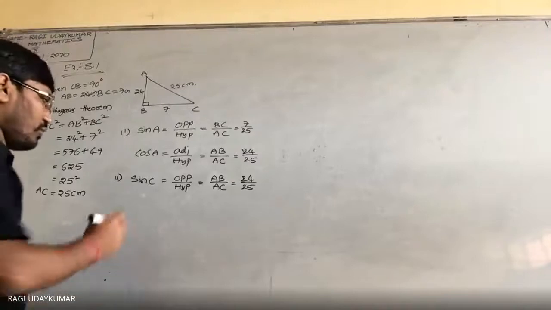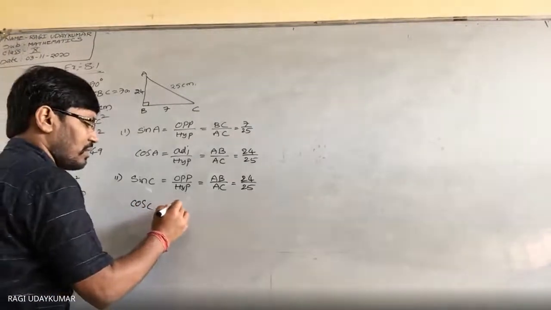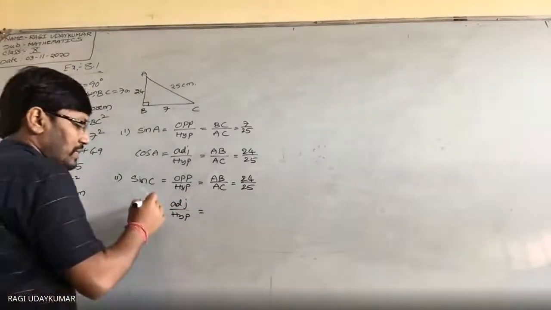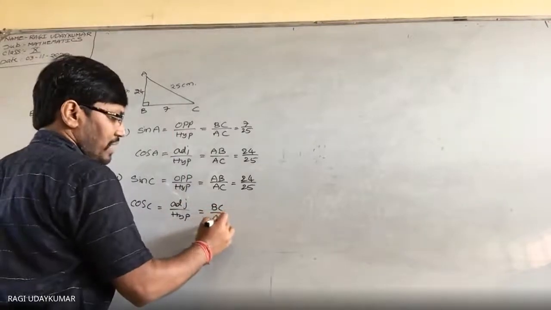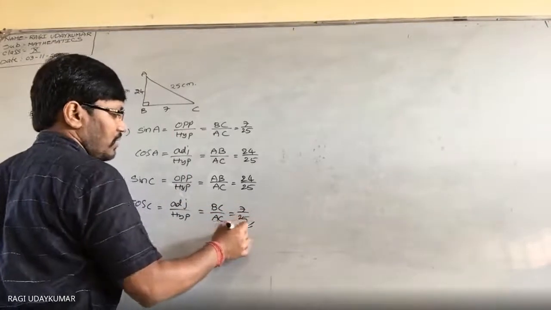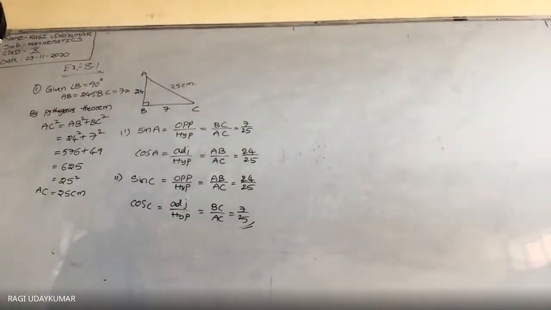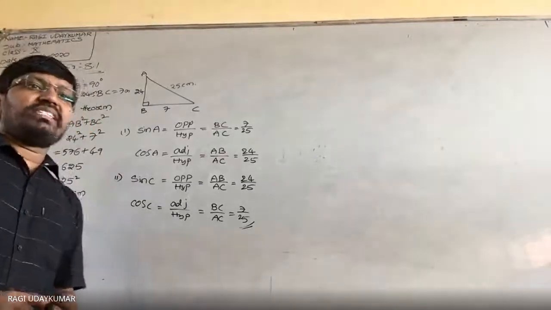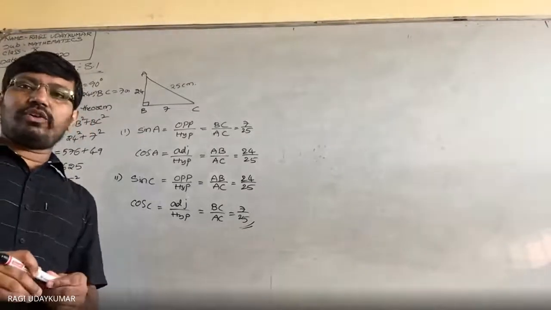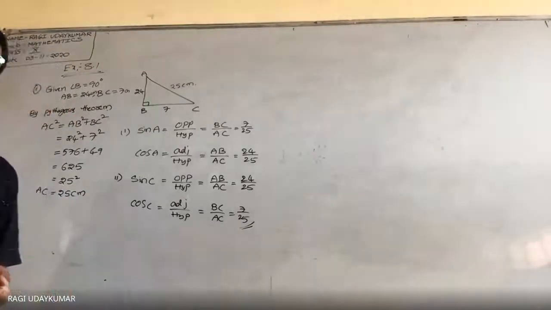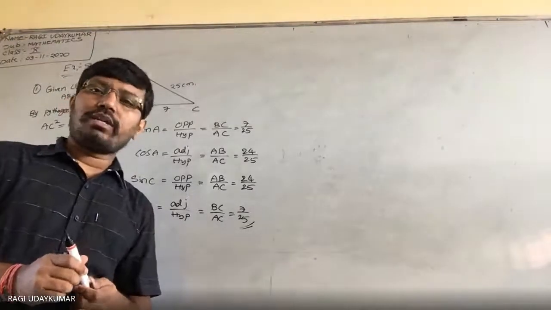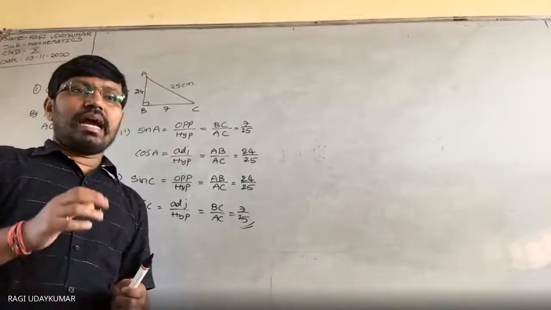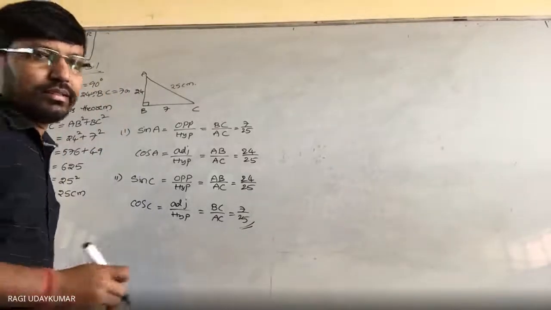Yesterday also in the class I told you that. Next, cos C. Cos C is nothing but adjacent by hypotenuse. Adjacent to C is BC, so BC by AC, which is 7 by 25. Both are the same here. Did you understand? The second question is given in the same way. Two sides are given and it asks you to find tan P and cot R. That also you can do it. And coming to the third problem, you take it into consideration.